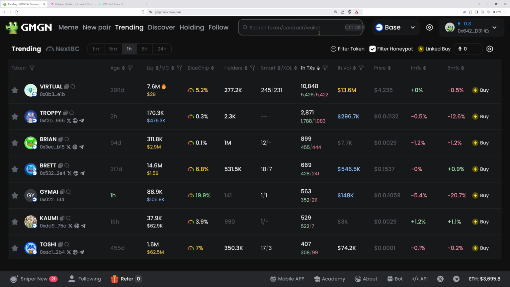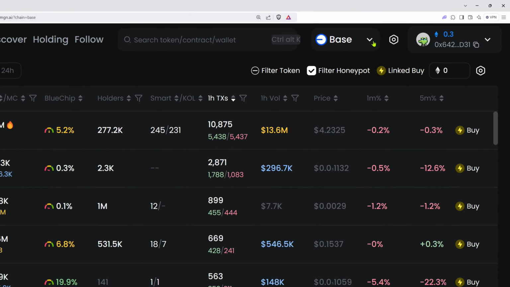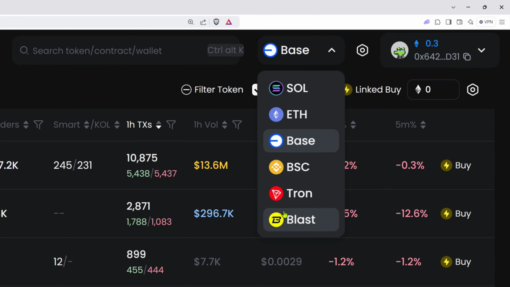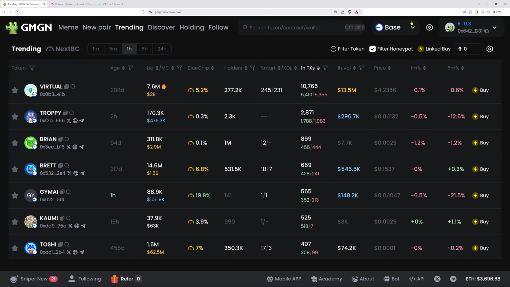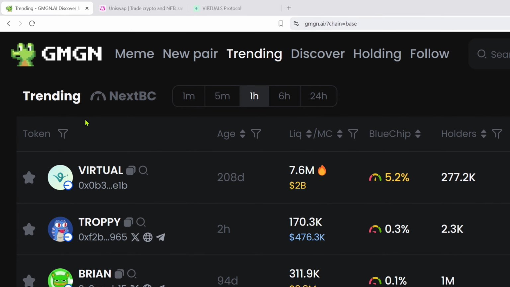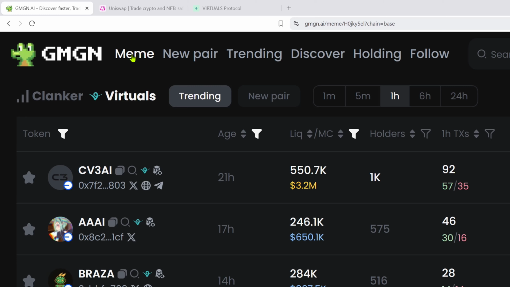But before we get there, let's browse over this interface and see what the magic is all about, right? So over here are all the different networks. You could trade on Ethereum, Solana, or Base. In this video, we're going to trade on Base. In future videos, I'm going to show you guys how I hustle on Solana and bank some coin over there as well. Once you choose Base, you want to come over to this section over here and click memes.